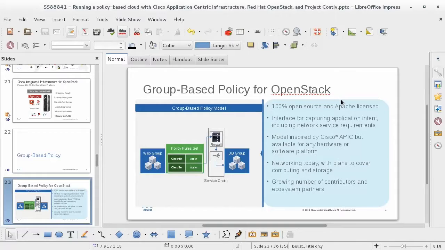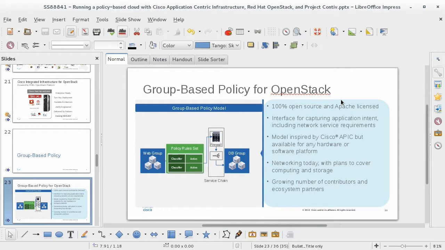So now let me go on and talk about group-based policy. So group-based policy is a project we began in the open source community that actually grew out of a lot of the observations I started the presentation with, that we should start thinking about policies and application dependencies in a different way than logical networks. We had already done this in ACI, so we built a product around this, but we hadn't done anything in the open source community. So we began this project in OpenStack as a way of saying, we want to expose policies as a first-class citizen in OpenStack. And the goal was to do this in a generic way.